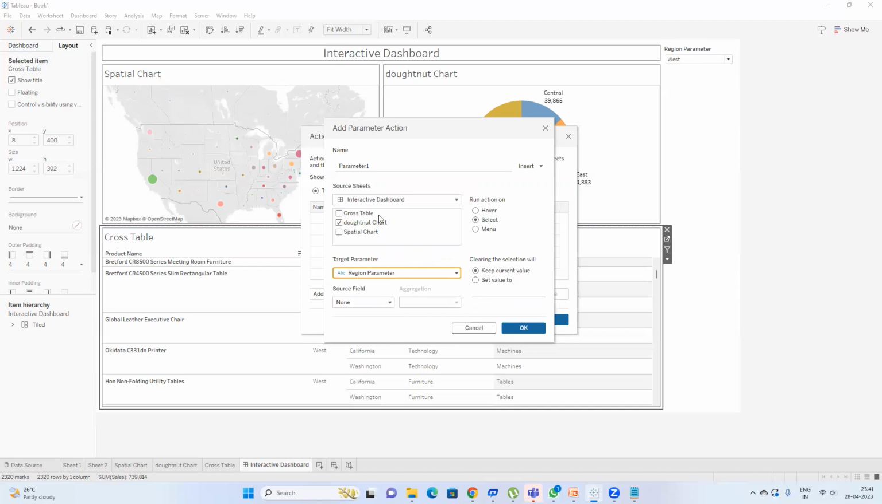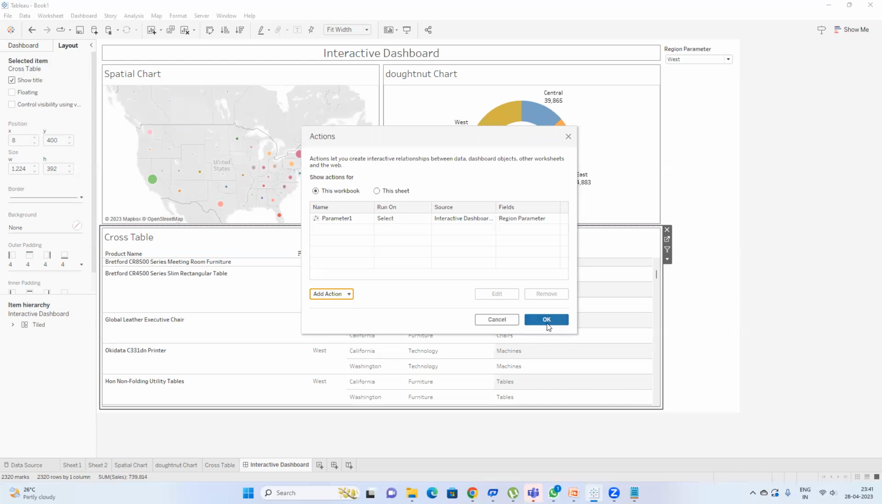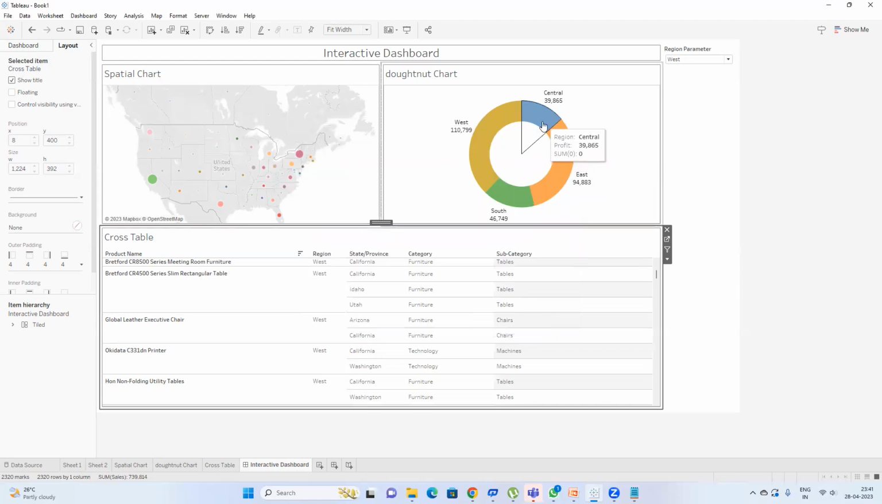Wherever you click, that will be your source. And wherever the other sheets or parameters or sets are responding to the actions that you're doing, those are your targets. So keep current value, say okay. So if I select, you see west here. If I select central,